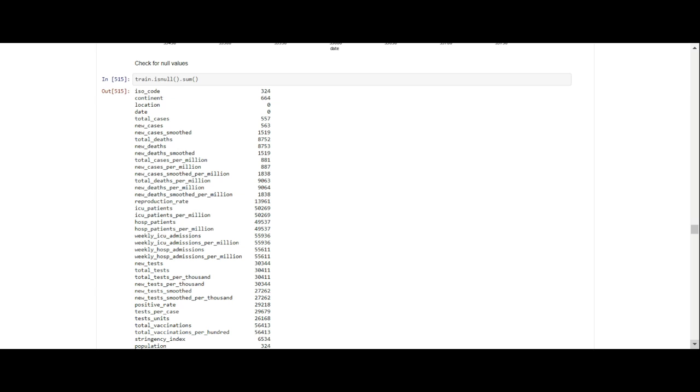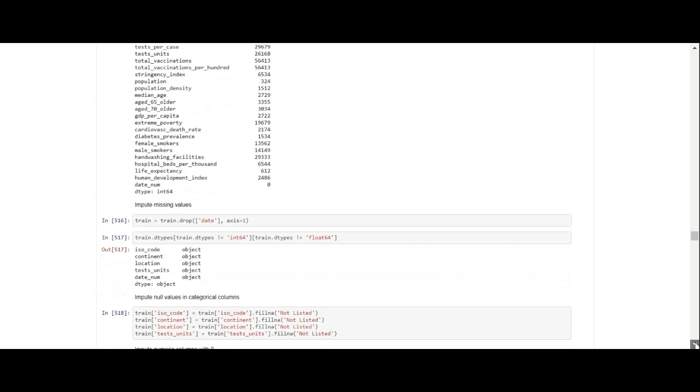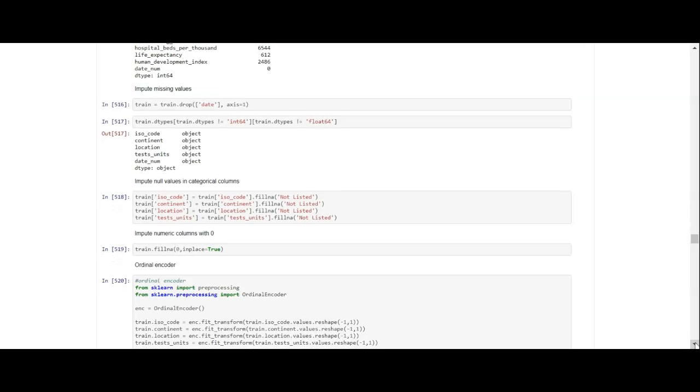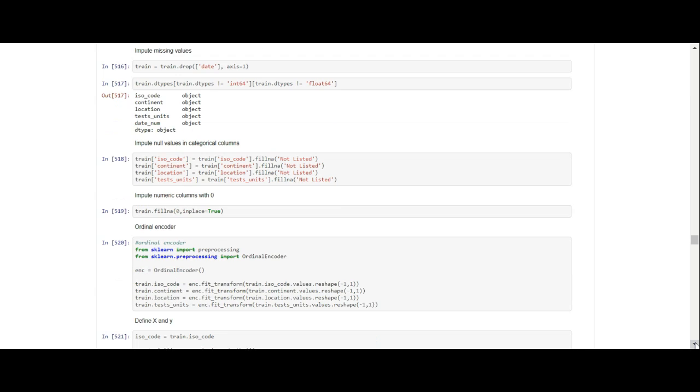So now what we want to do is check for null values. You see that we've got a lot of null values here. We want to impute those missing values. So what we have done is we've dropped the date from the train file. Then we checked which columns are not numeric.